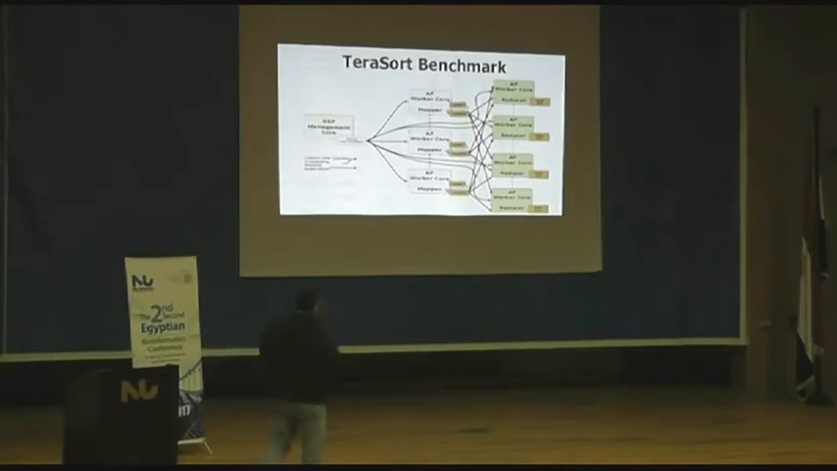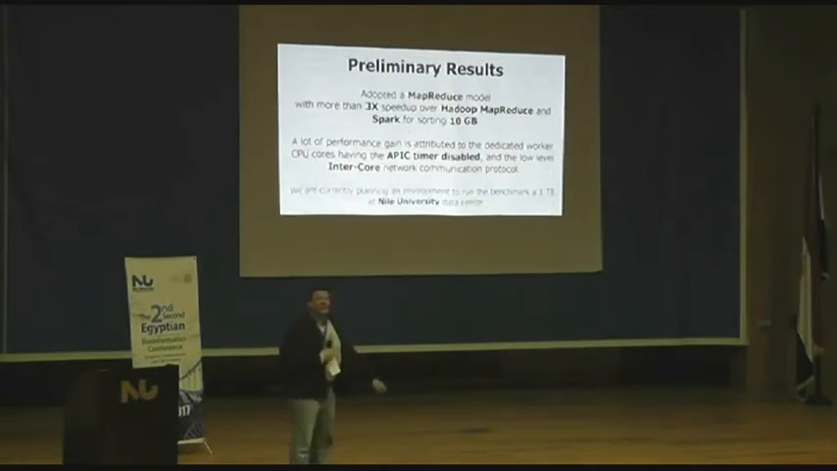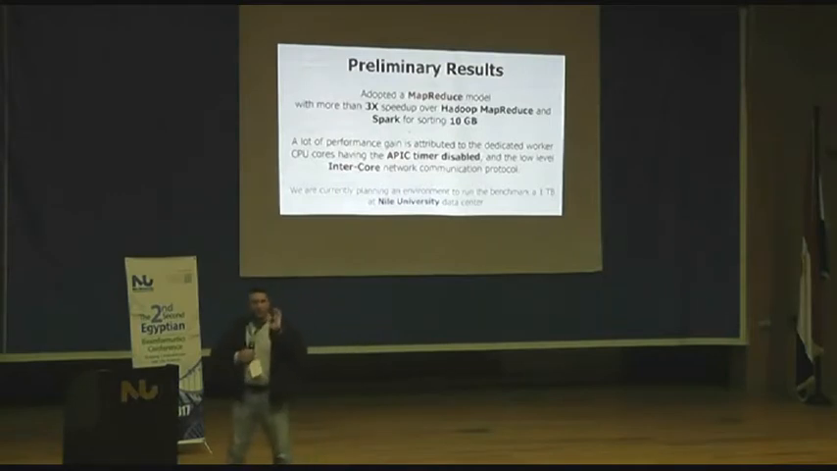We ran this on our AMP kernel that we have a prototype for, and we were able to get a 3x speedup over Hadoop MapReduce and Spark for sorting 10 gigabytes. Of course, we didn't have the environment to sort 1 terabyte, but we compared both under the same conditions. The main reason why we got those results is disabling the timers